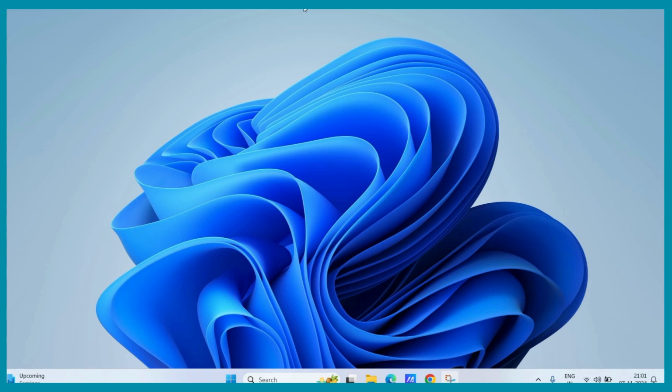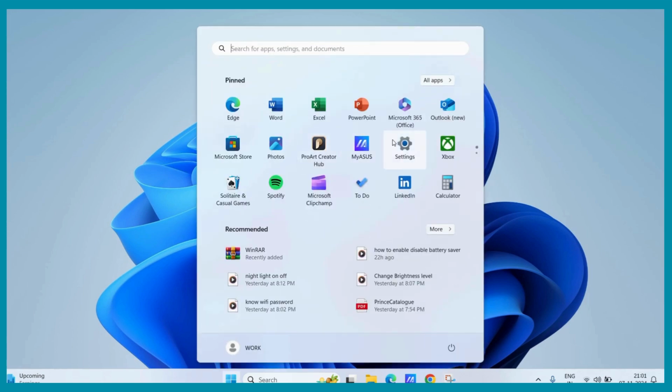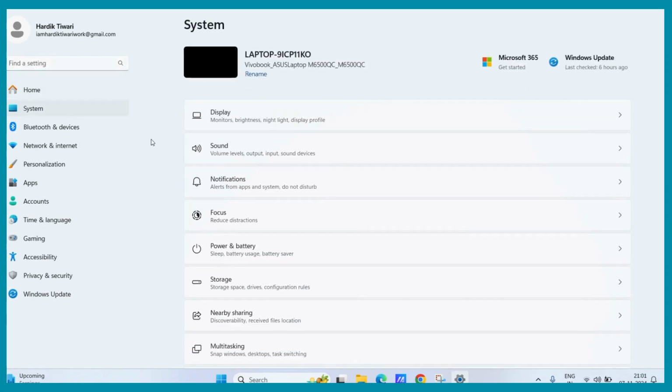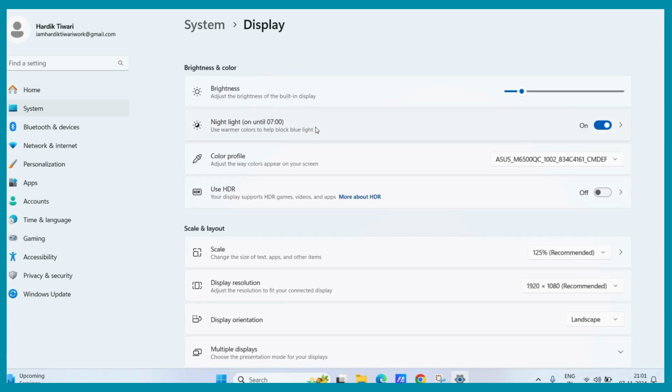So, if you want to enable HDR, you need to go to the settings. Now, once you are in the settings, you need to click on the system tab. Under the system, you can see the display option. In the display, you can see the use HDR option. You can turn it on directly by clicking on this toggle or hit the arrow button to access further options